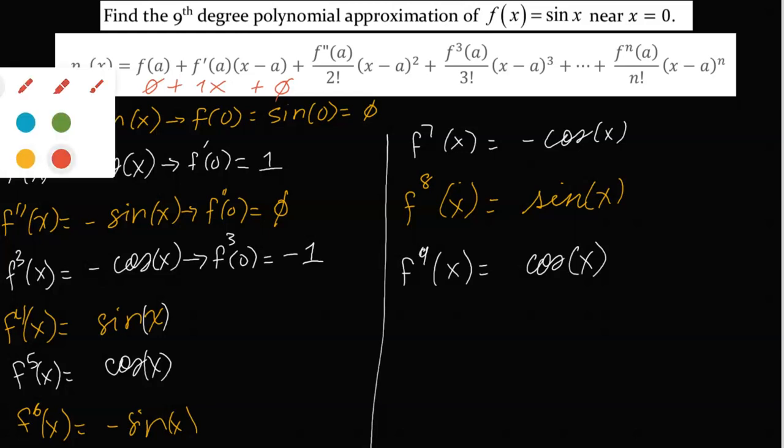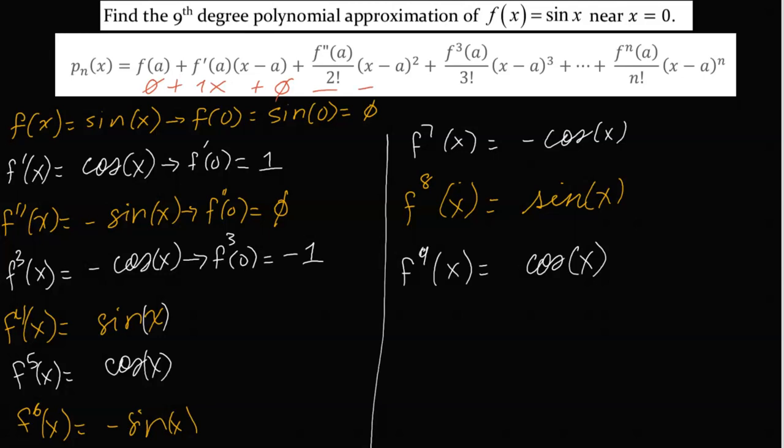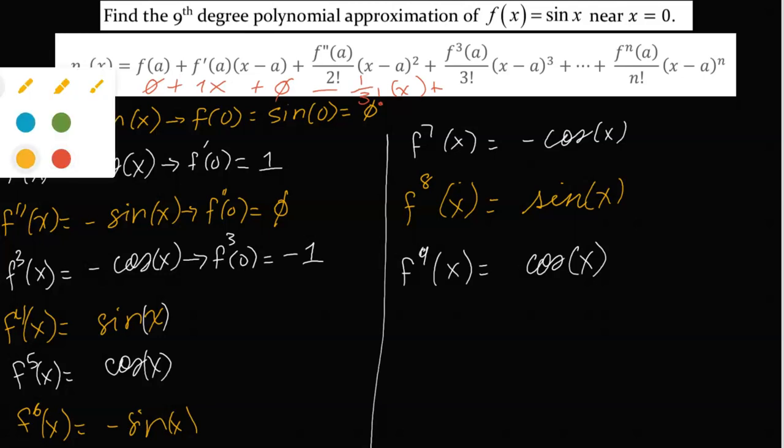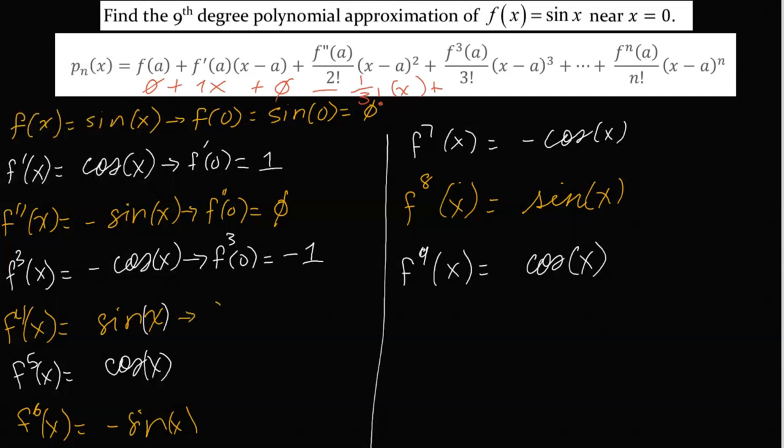So we'll have minus 1 over 3 factorial of x, and then plus the fourth derivative evaluated at 0 is going to be 0, so you'll have plus 0, plus then the fifth derivative evaluated at 0 is going to be 1, so we will say plus 1 over 5 factorial times x